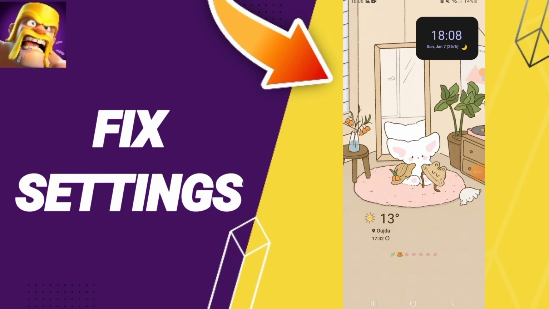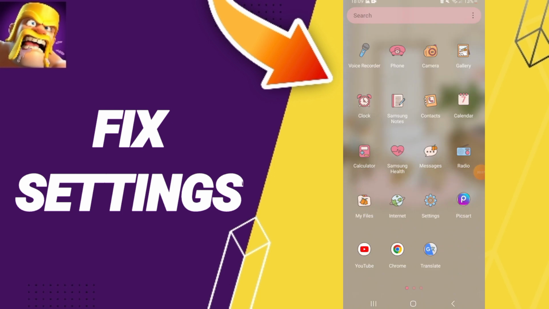Hi friends, today we'll talk about how to fix or how to solve the problem of settings on Clash of Clans. To know how to fix or how to solve settings on Clash of Clans, you should just go to settings